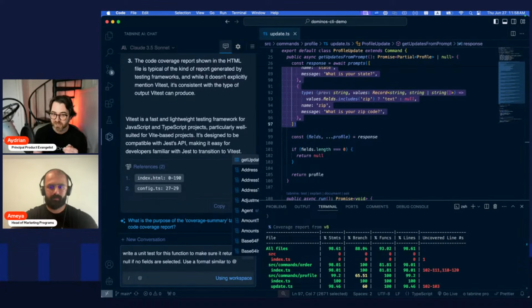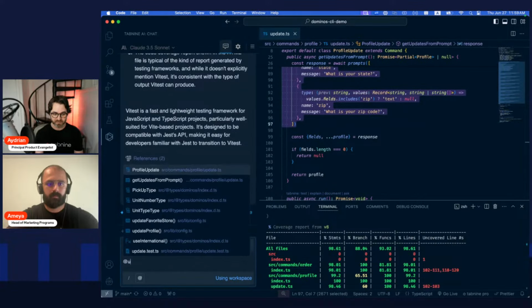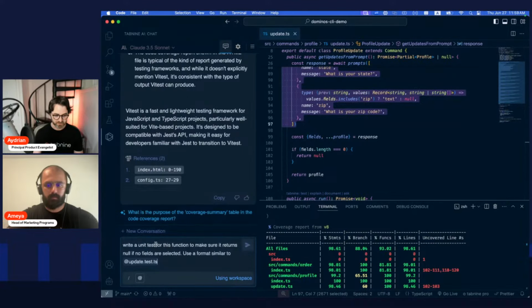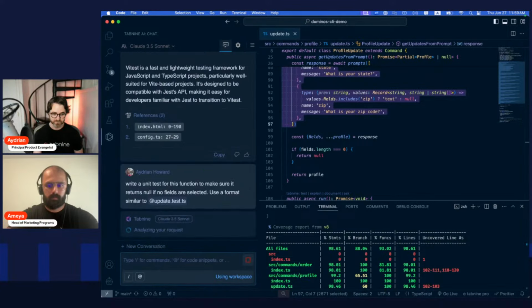It gets cut off. But this is where we can use mentions to add more context to something. So we just talked about the framework in the chat. So that is in the context for the chat window. But maybe we have special ways of doing our tests. Maybe we're using certain mocks or certain utilities to help us out. We can simply pull in an existing test file. So I'm going to do this. And then that helps it return a better answer. So let's see what we got here.